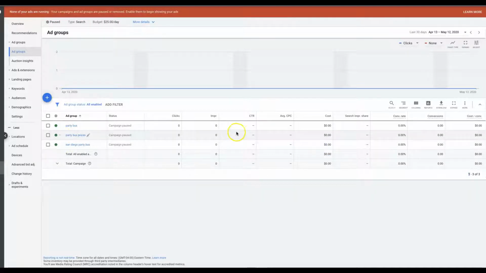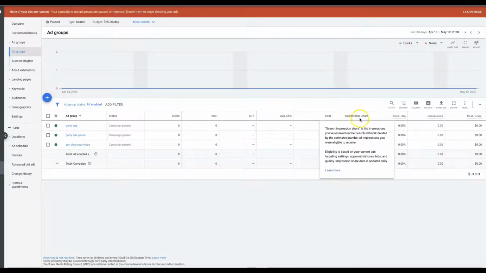campaign right here, example campaign, and you can see I have the search impression share column. Search impression share is the impressions you received on the search network divided by the estimated number of impressions you were eligible to receive. Let's say you have a 50% impression share. What that means is Google's not showing your ads 50% of the time. So out of every 100 searches for all your keywords combined, your ads are only showing 50 times out of those 100. So that's why it's important to always try to get as close to 100 as possible of impression share for your keywords, because we want to make sure that our ads are being served to the correct